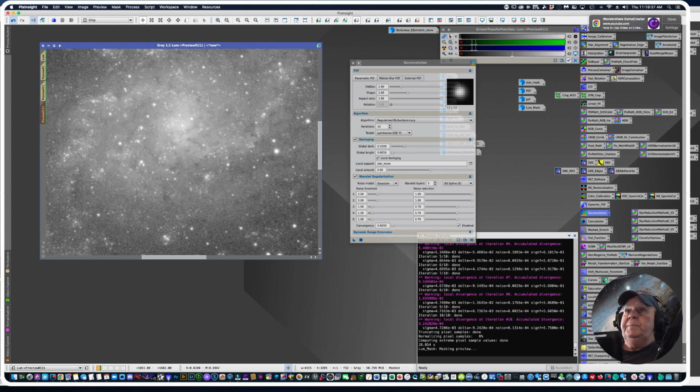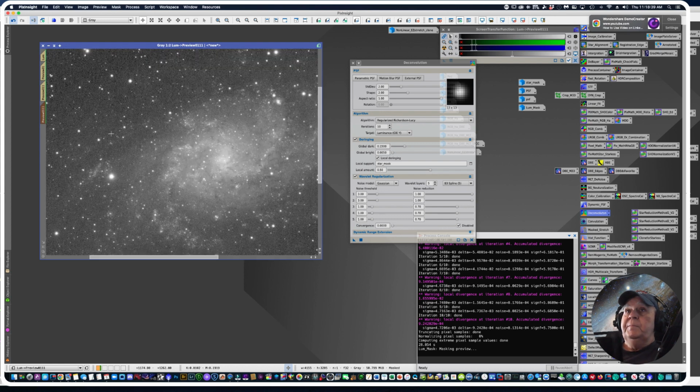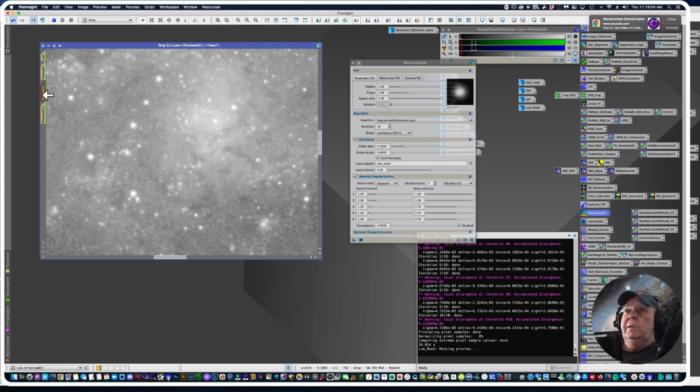Let's back up. Mine, mine, not mine, the deconvolve script or point spread function, Hartmut's. Let's make these the same size again. And I tell you what, they're pretty close, all of them. I'm really kind of surprised that this drizzled image